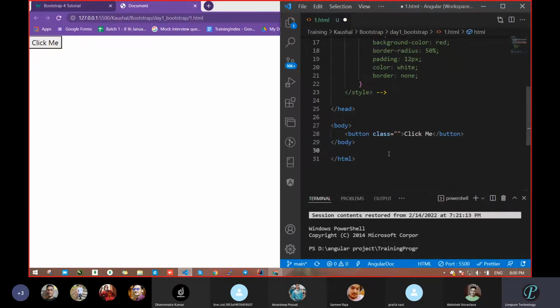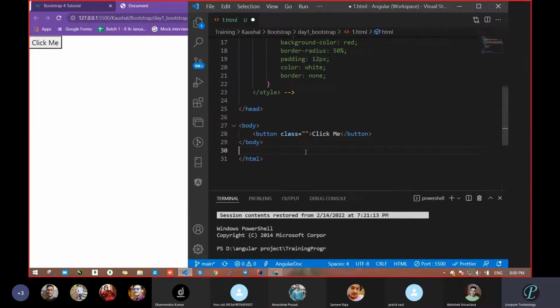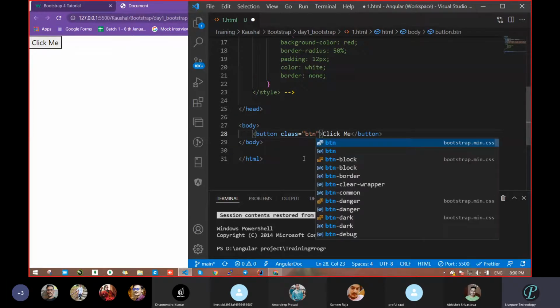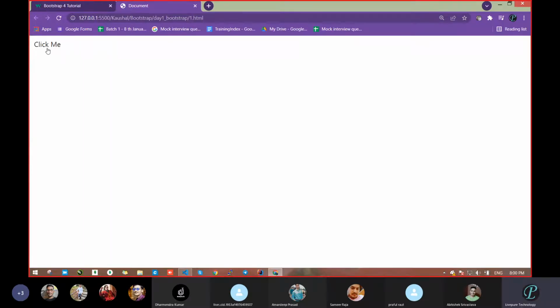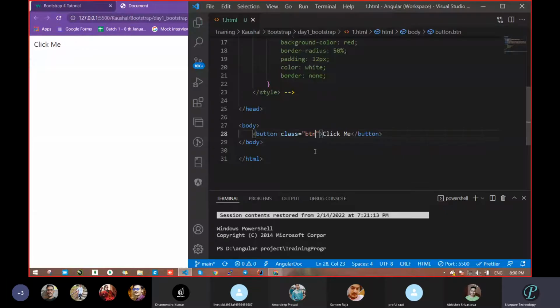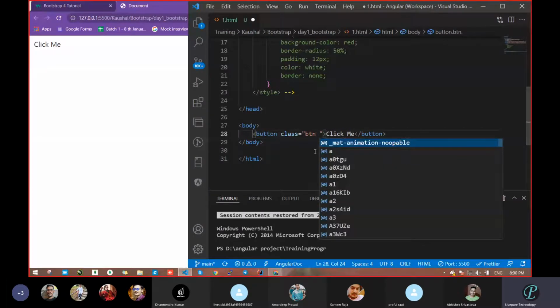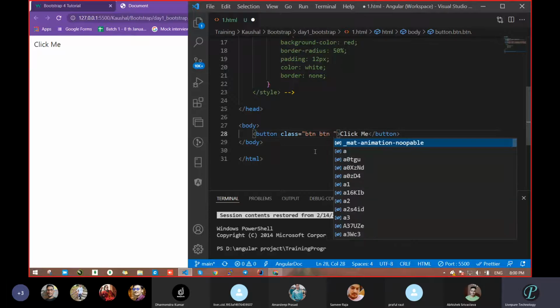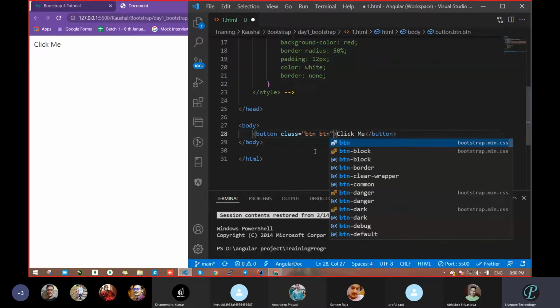Okay. So I want to add the class for the button. There is just a common class name for a button. See, the naming convention is also related. Button means BTN. Okay. Save. What happened? By default, the color is white. Okay. I want the color of the BTN to be red.